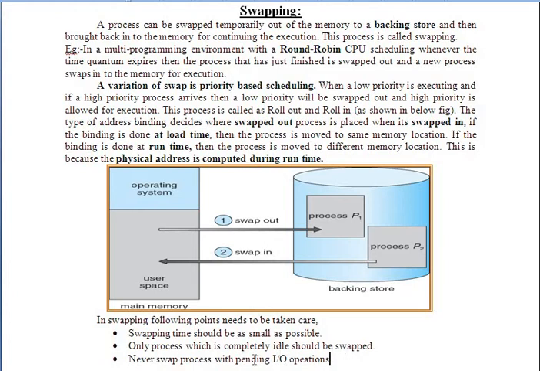And one more thing to be addressed is never swap a process with pending IO operations. Never swap a process with pending IO operation, otherwise what will happen is a process with half done execution will be swapped out. Again, when the IO operation is available, you have to swap in again. So the time required to do this will add frequency, and again it adds an overhead to it.